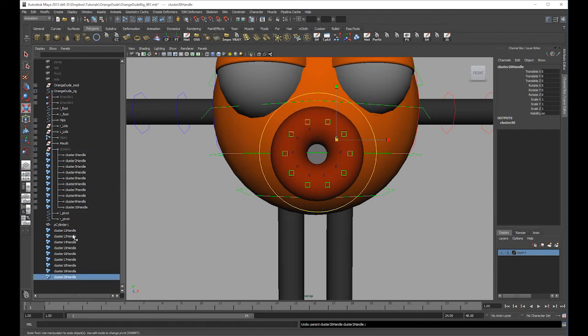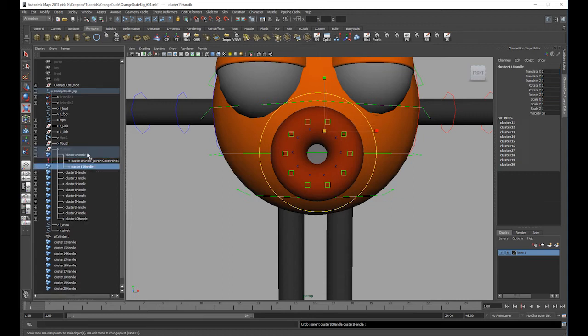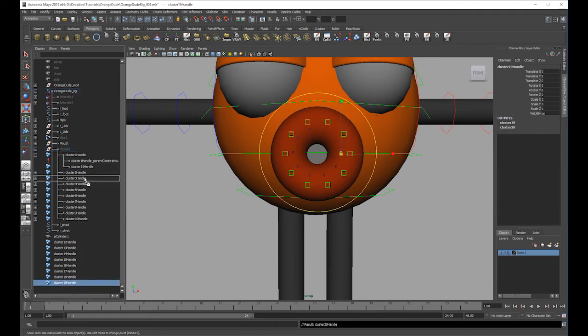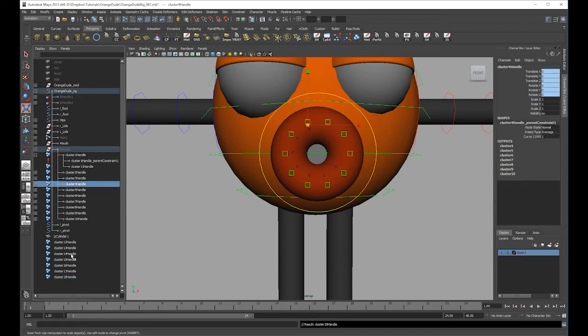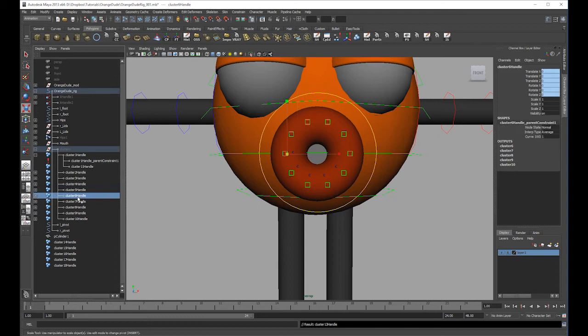So I have to just make sure that each of them is parented under the right one. So this one is correct, and then this one is that one, so that's correct. Let's put it underneath, and then this one actually is also correct, and then this one needs to go, okay, so that one needs to go there, 12 needs to go into 4, 13 needs to go into 5, and